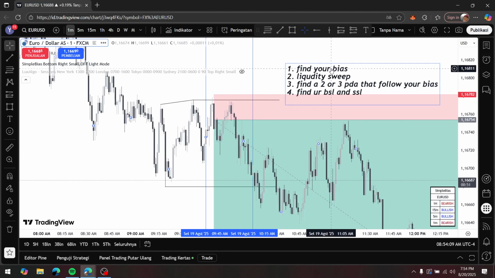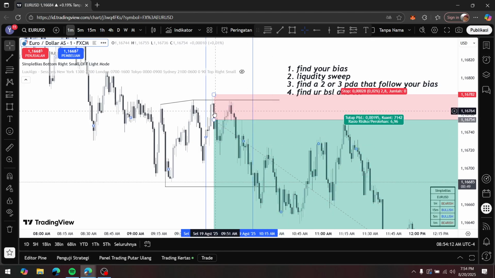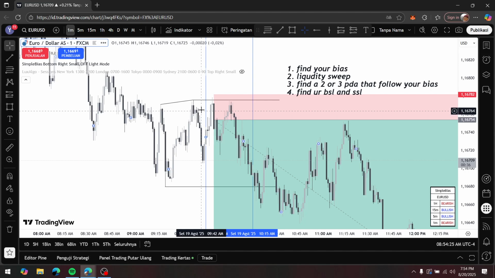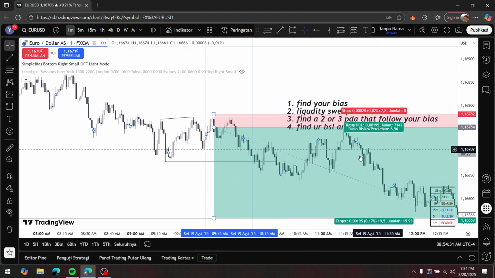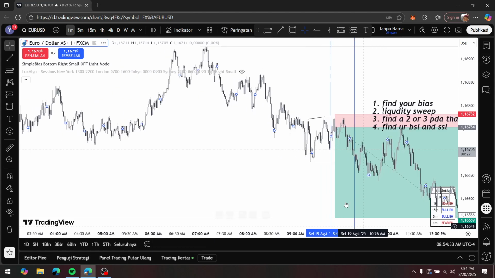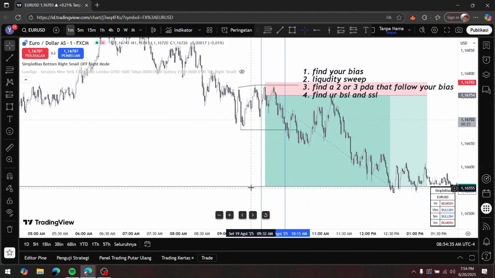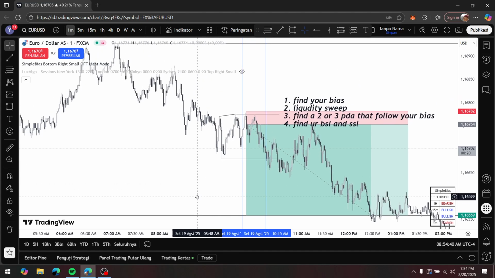Seems like other silver bullet, I found my buy. I found the bearish fair value gap. It's not a breaker block, but this is a fair value gap. I forgot what its name, and I sell to this. I'm not selling because of my bias, and it is a macro time. I sell to this because this is the low of the last day.